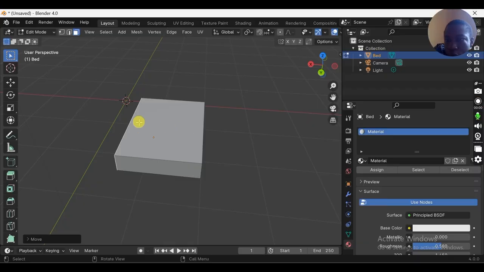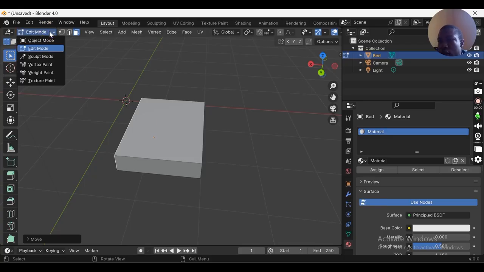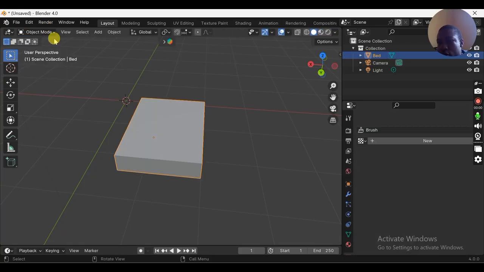So we can either put it back to object mode now. So if you want to go back to object mode from edit mode, you can either come here and click on object mode. It's going to return it back, or you can also